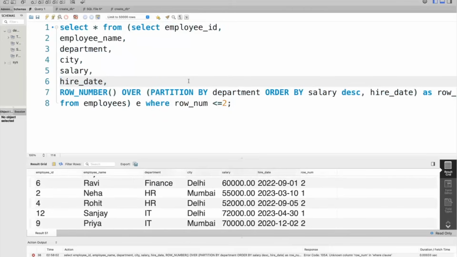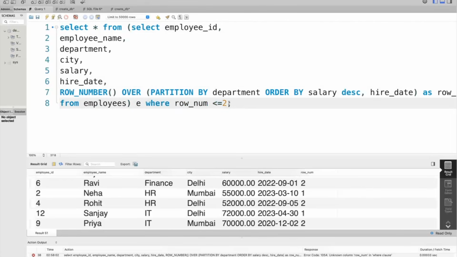I hope this is clear. And of course, this row number is of no importance for us, right? It might not be of any importance for us, so we can tell what columns we want. We can just tell what columns we want here in the outer query. So this is our inner query, this is the alias we have given, and then we have wrapped it in the outer query,